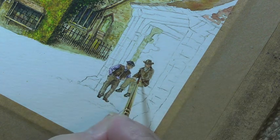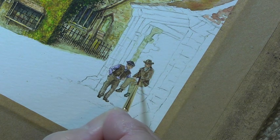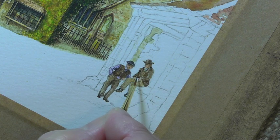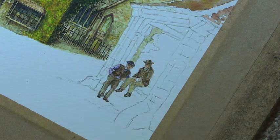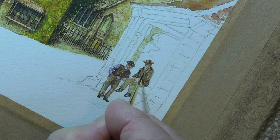I think what we do here, we make this a little lighter. Now once again, you dip in with your brush and you just remove some of that depth. And with a strong colour, like a dark brown, or just a little touch of black with it as well, if you want, or dark Payne's grey, but as long as it's dark, you can then come down the middle there to put the